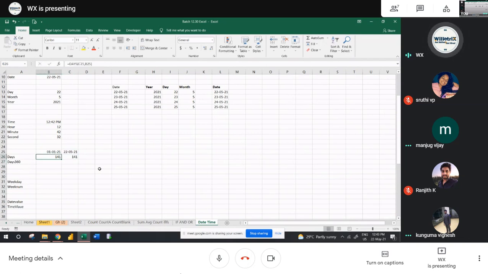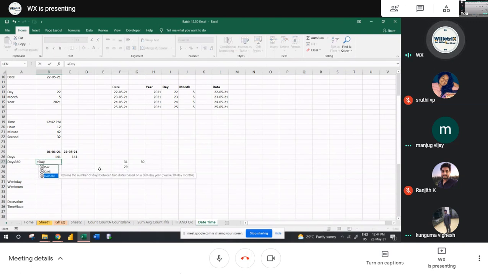But now DAYS360. DAYS360 means that in an entire year it will calculate only 360 days. When you're doing a per annum calculation, such as salary calculation, where the salary is 6 lakh per annum, they will just divide 6 lakh by 12 months. They will not consider 31 days or 29 days. 31 is rounded to 30. Overall, whatever month we have, with 31 or 29 or 28, they consider 30 days in a month. Overall 30 into 12, 360. Based on 360 days, it will calculate.